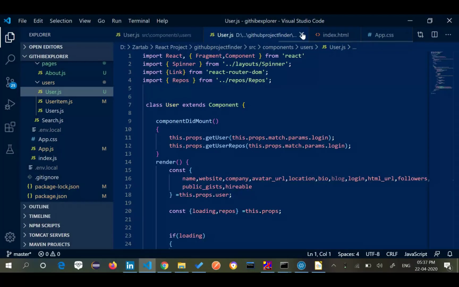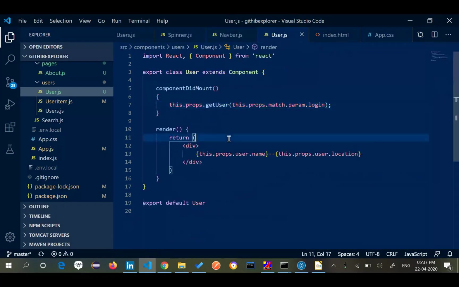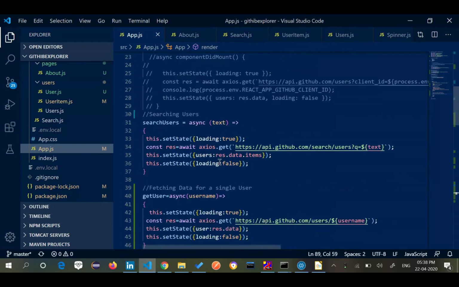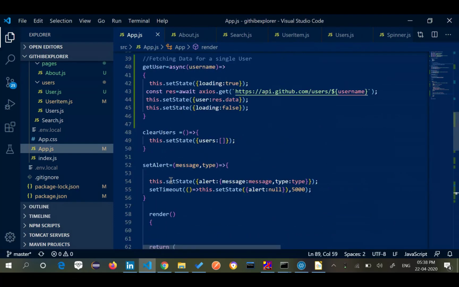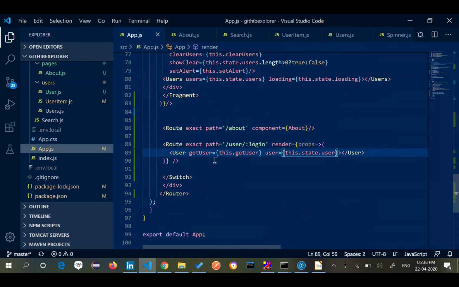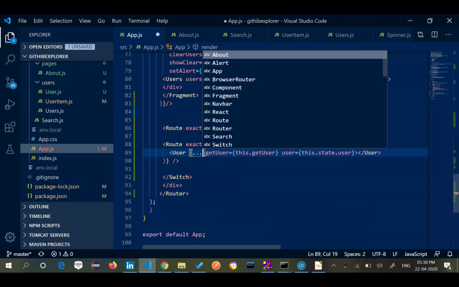Should work. So component.props.getUser. If you see in my app.js, I have getUser, right? And it is working perfectly fine here. And in my route, I say getUser is equal to this.getUser. Again, let me pass all the props that I have.